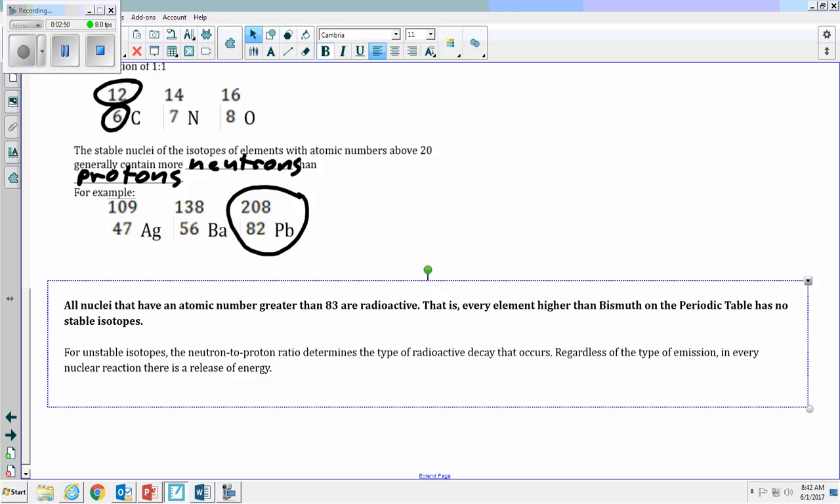Then you have one more piece of information. You also saw that some atoms are simply too large, and there is kind of a cutoff number, and that is element 83, the last element that has stable isotopes. Anything larger than that does not have any stable isotopes. All of their isotopes are radioactive, unstable, and